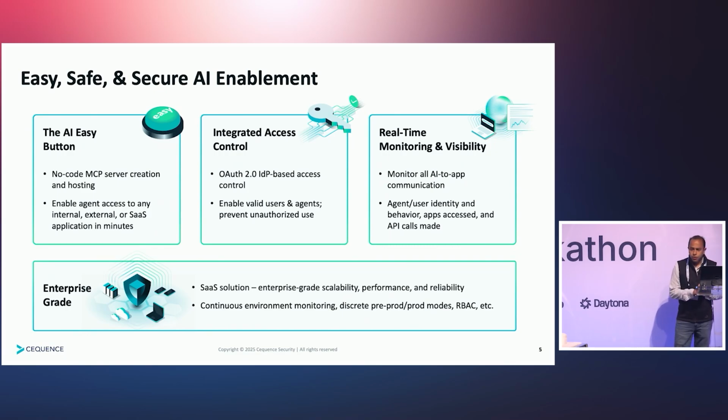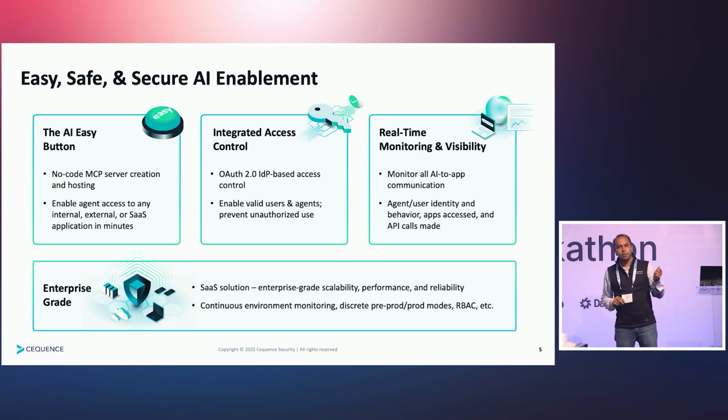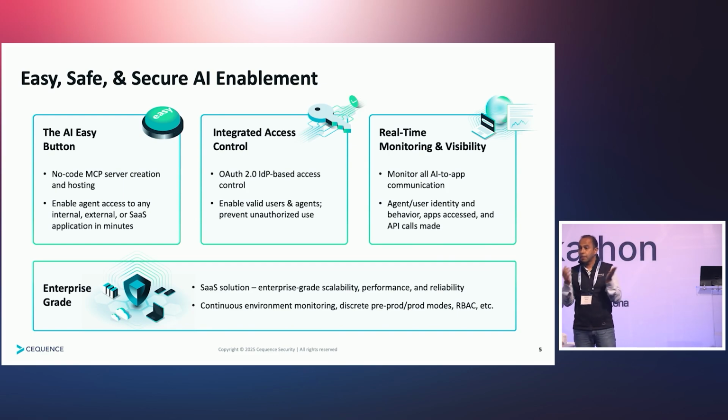What we are doing with the Cequence AI Gateway is like an easy button to enable your agents. With a flip of a switch, literally no coding needed, you can take an internal or an external application and make it AI ready, because we will translate from MCP to API for you. So you might have an internal app. If you have a spec for it, or if not, we can have you create a spec, and that can become a starting point. And we'll run through a little demo of that setup as well.